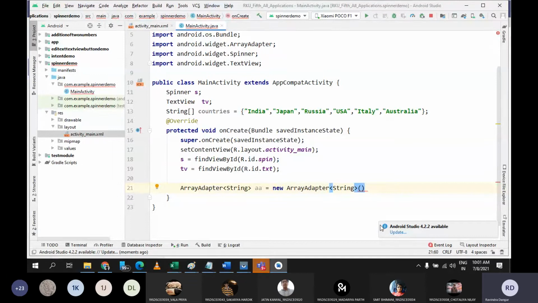Then second parameter is once you want to display your drop down layout, you have various patterns, like in between all the items how much space you want to give. There are certain inbuilt patterns, so you need to define that pattern as well. And as the third parameter, you need to give your array name. So these are the 3 parameters which are needed for any kind of ArrayAdapter.